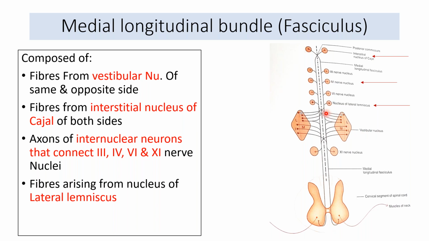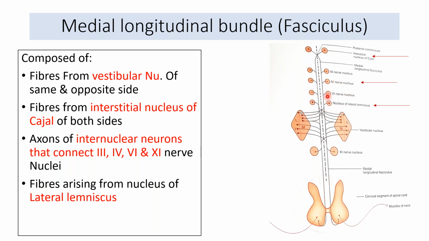So the fibers from the vestibular nucleus, this is all paramedian, medial longitudinal fasciculus. This is all paramedian. So it receives fibers from the vestibular nucleus of the same and the opposite side also. The fibers also come from the interstitial nucleus of Cajal on both sides. It is also composed of fibers of the internuclear neurons of cranial nerves 3rd, 4th, 6th, and sometimes 11